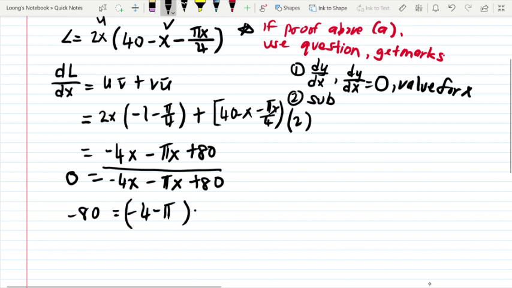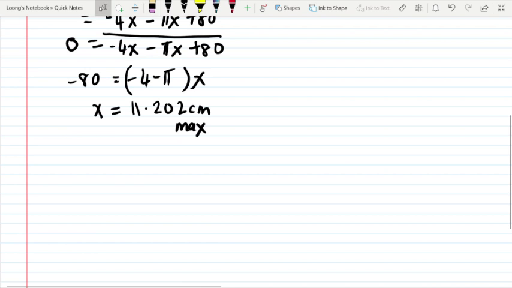By factorizing x out, eventually the answer is 11.202 cm, and this is the maximum value. After that, we could sub it into the equation, when x equals